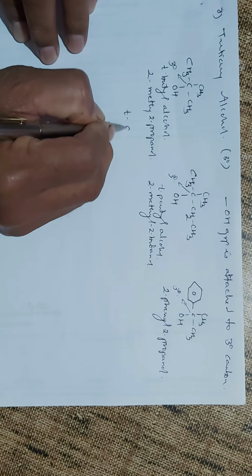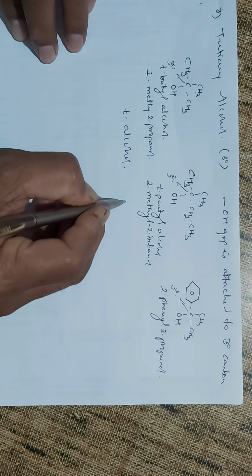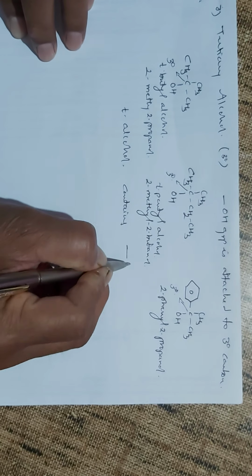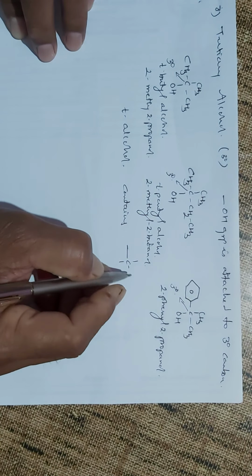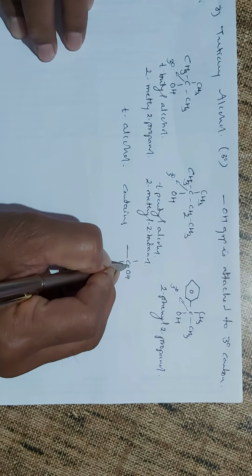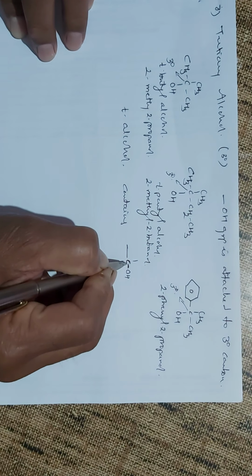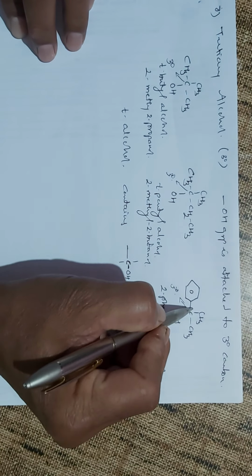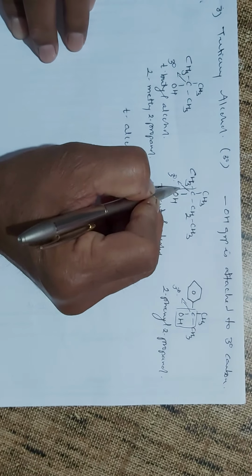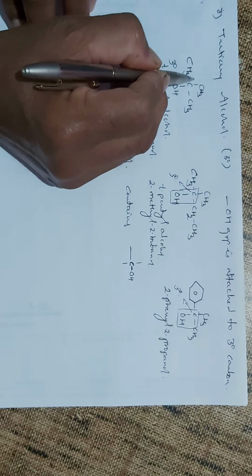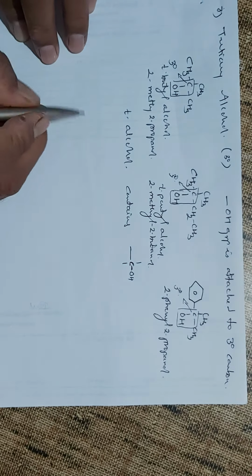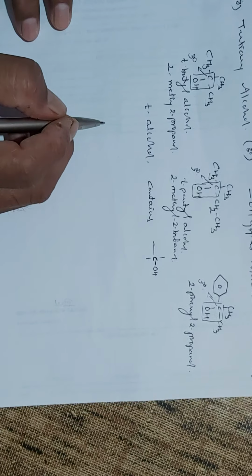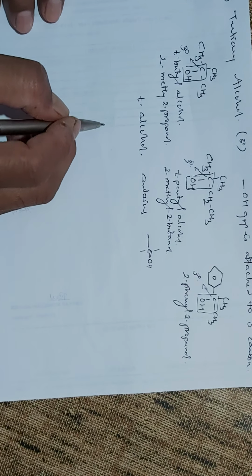For tertiary alcohols, the common functional group is COH, meaning there is no hydrogen on this carbon, and this carbon is attached to three other carbons. This is the common functional group, which is seen here in this molecule, and in this molecule you are getting this COH group. In this way, we have the classification of the monohydric alcohols as primary, secondary and tertiary alcohols.